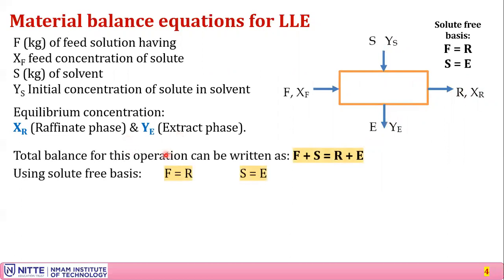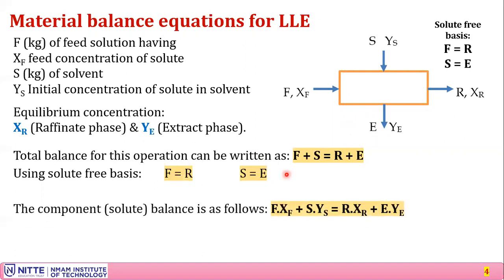Now if you write a balance, that's total balance, F plus S inputs is equal to R plus E output, and we know that F is equal to R and S is equal to E only under the case that they are totally immiscible with each other. This may not yield much useful information for us, but if you do the solute balance,